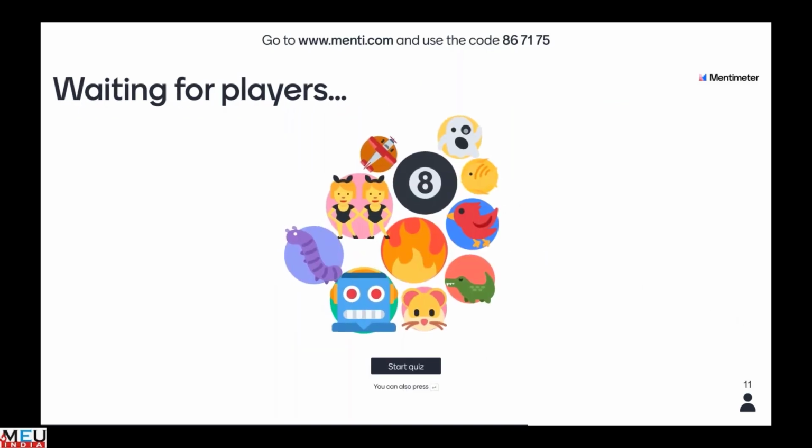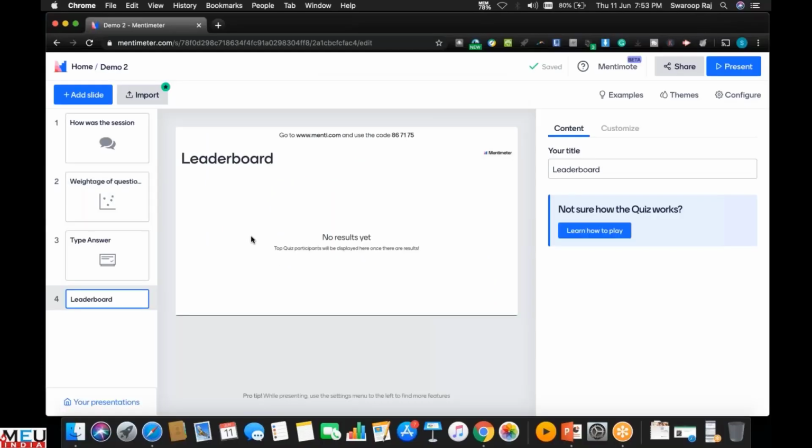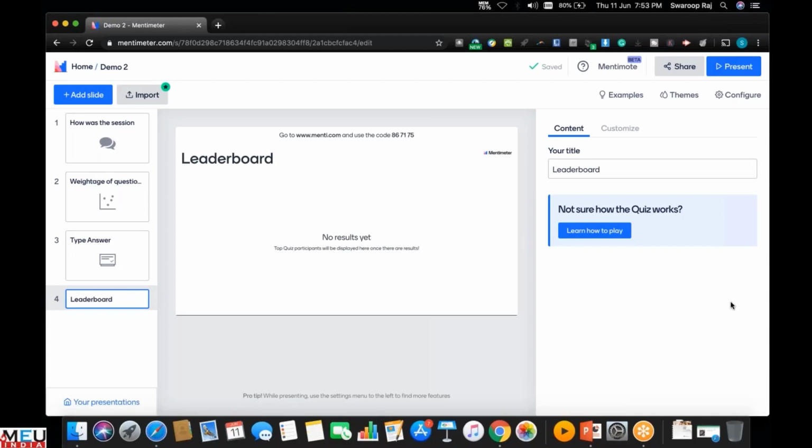There is a quiz, so I'll just click start. So these are the different kinds of questions that you can use in Mentimeter. I'd like to go on to Prezi. Prezi is quite the contrast. It's an excellent presentation tool, but probably not interactive. The aim of Prezi was never to create interaction between the audience and the presenter. But if you see Prezi, you will definitely fall in love with that particular presentation tool.